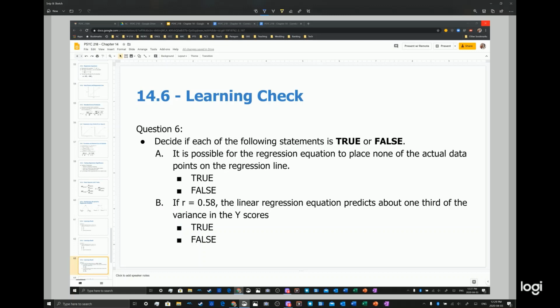So let's take a look at the first question. Is it possible that the regression line, which we get from the regression equation, doesn't touch any of the data points on your scatter plot? And it's possible. Yes, you can have perfect fit, and that's great, where all the points touch the regression line, but your regression line is a line of best fit, so you can have points that don't touch the regression line,